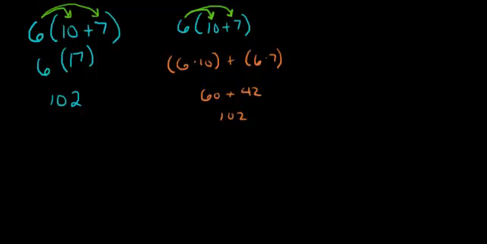Another example we could look at: 5 times 20 plus 3. Of course, I could solve this by saying 23 times 5. Do the addition first, then take it times 5. Well, the 5 times 3 gives me 15. Carry the 1. 5 times 2 is 10. 115. Another way I could do this, though,